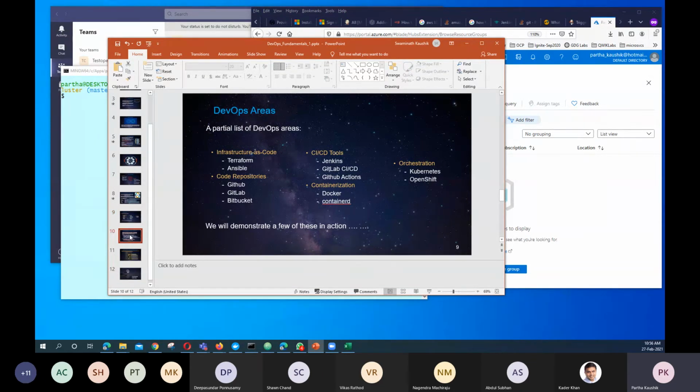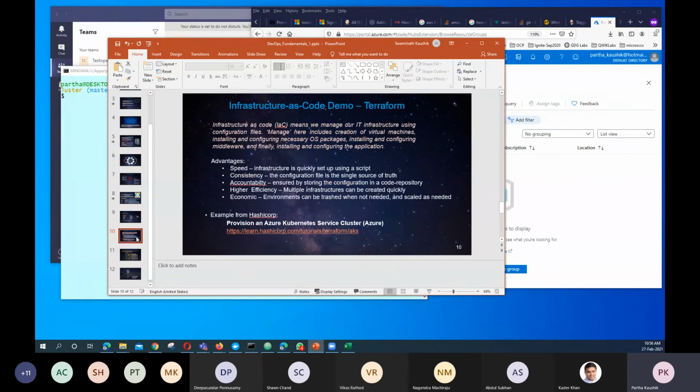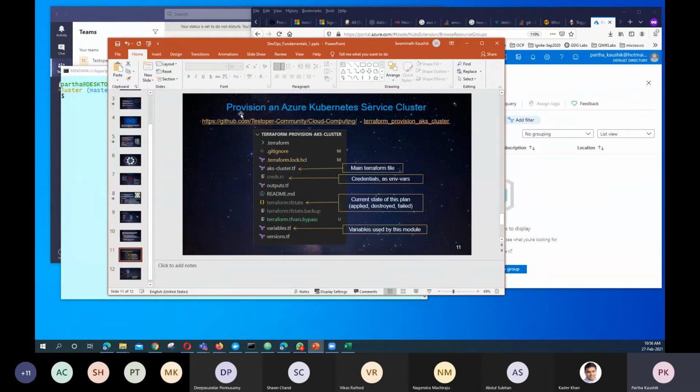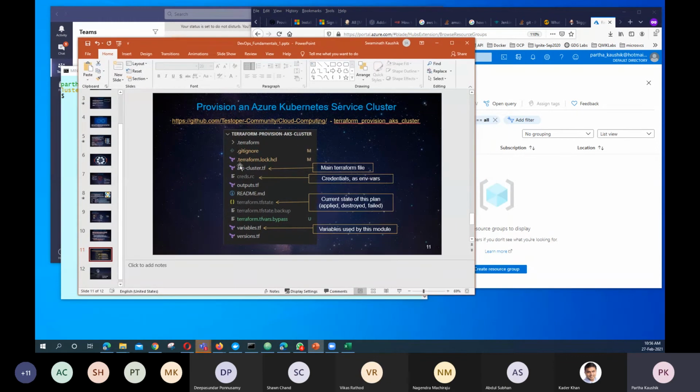So what we're going to do is look at a demo of infrastructure as code, and what this is going to do is provision a Kubernetes service on the Azure platform. Okay, so the whole code is in